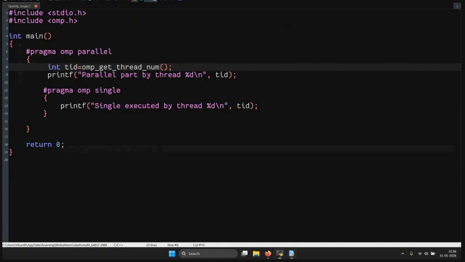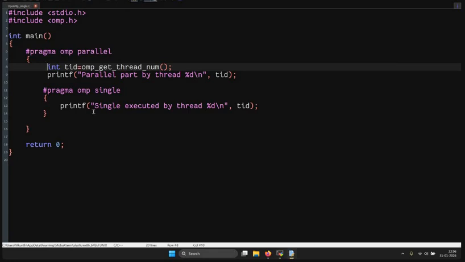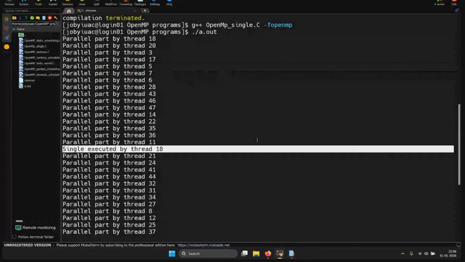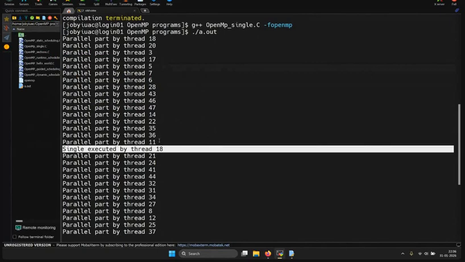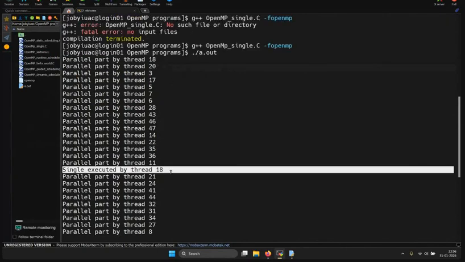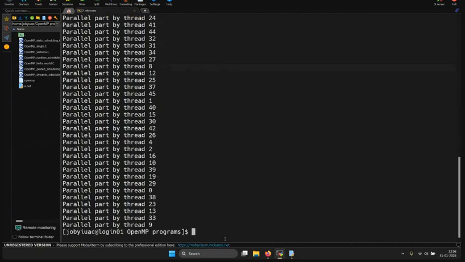So what happened? As you can see, thread 18 was the first thread to complete the parallel part. Hence, as soon as it completed it, it passed on to the next one, which is the pragma omp single, and it executed this printf statement, and the rest of the other threads, which were slower than thread 18, just did the parallel part and nothing else. If we run the program again,